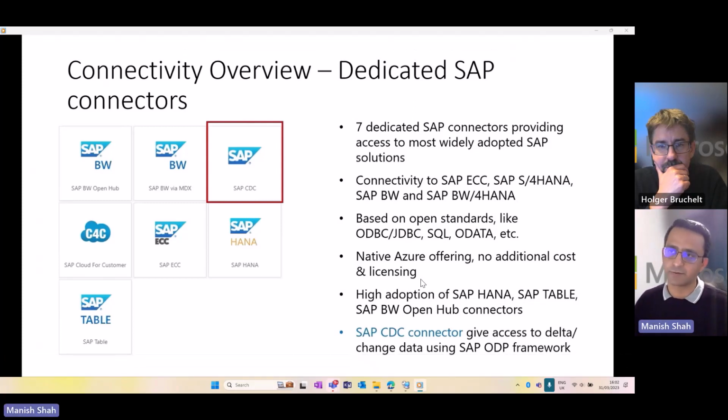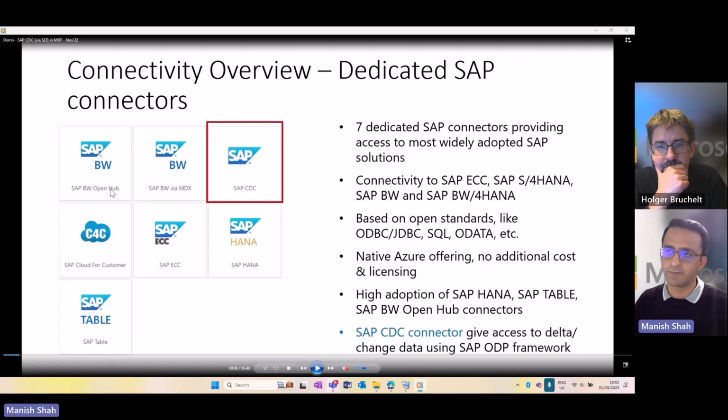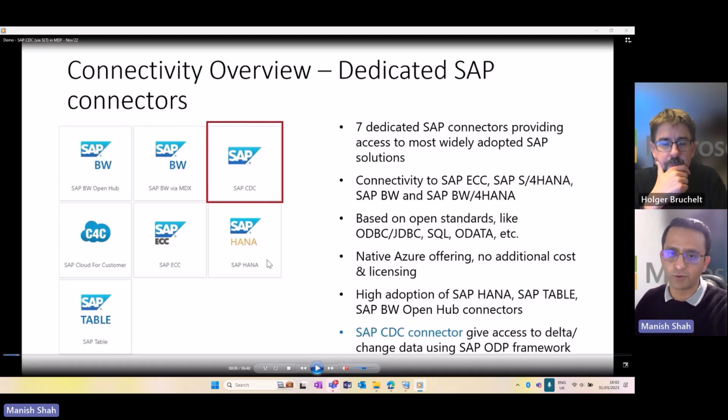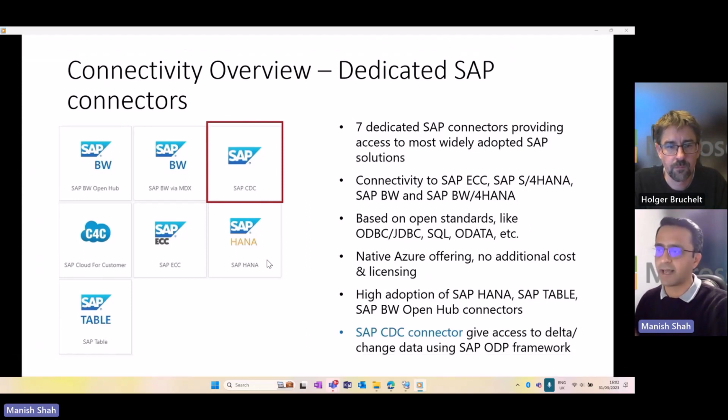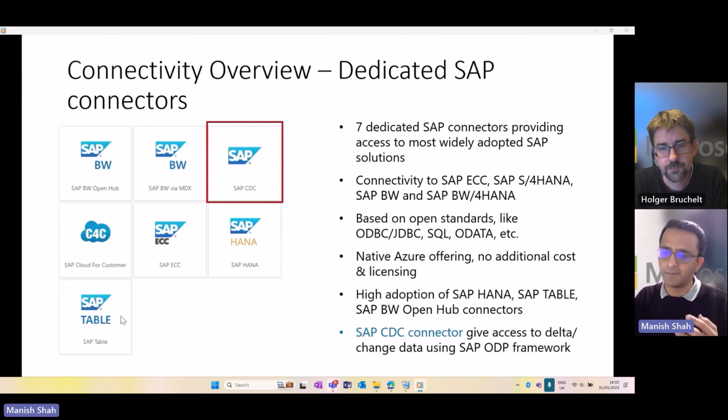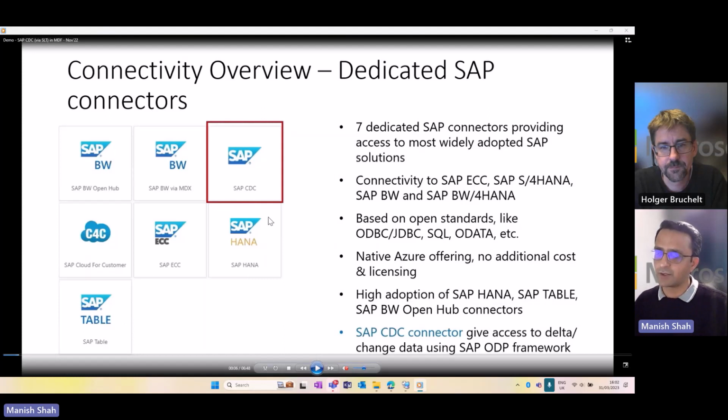layers and different applications. For example, you've got the BW Open Hub connector, which leverages the BW Open Hub. HANA connector, if you want to read data straight from the database, using HANA. ODP connectors, that's your connector. That's SAP table, which you connect to the SAP NetWeaver layer to read tables from underneath the SAP system there. And today we're going to focus on the CDC connector. And if I just skip a few seconds,